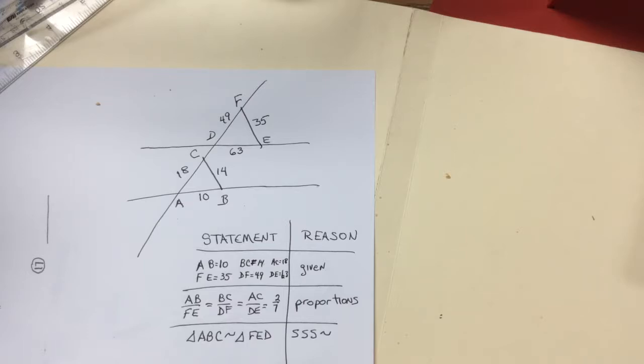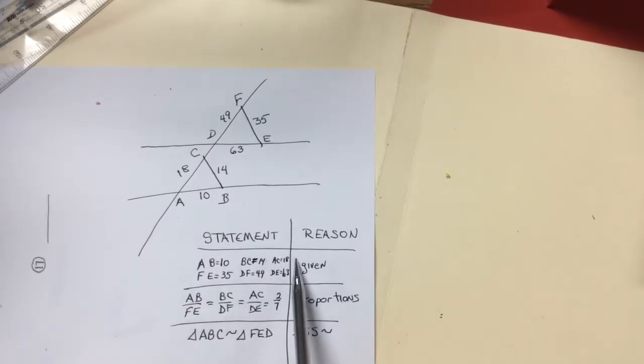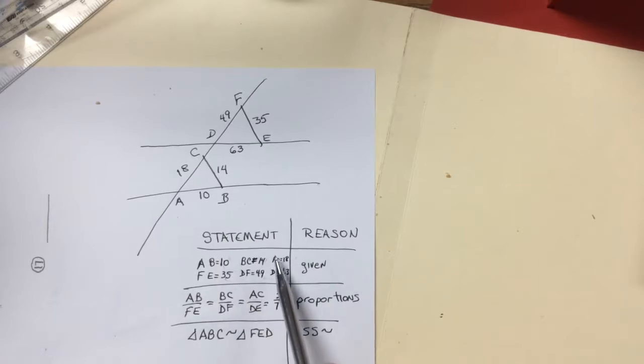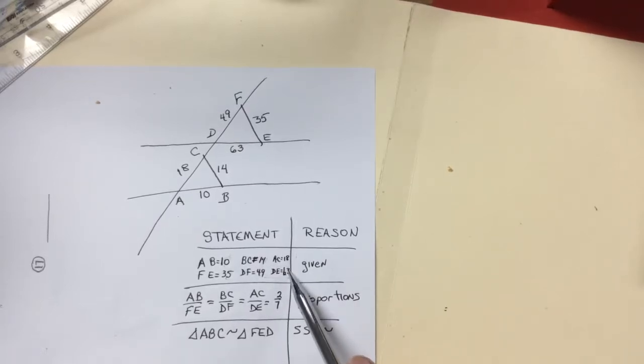And if you list them carefully, so that you've listed them with the first triangle, small, medium, large, and then the second triangle, small, medium, large, then you've set it up so that you can check to see, are these ratios the same? 10 divided by 35 actually reduces to 2 over 7. 14 divided by 49 actually reduces to 2 over 7. 18 over 63 actually reduces to 2 over 7. Now, if you don't notice what it reduces to, it doesn't really matter. You could take a calculator,